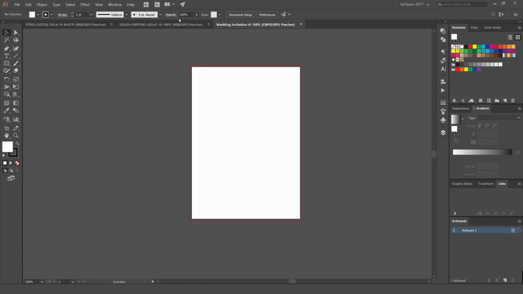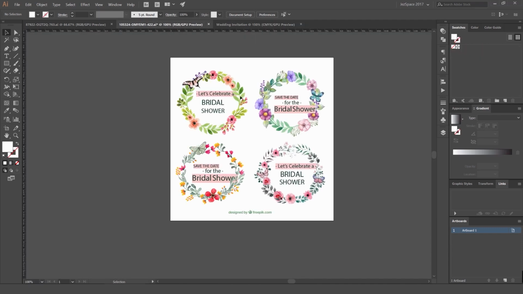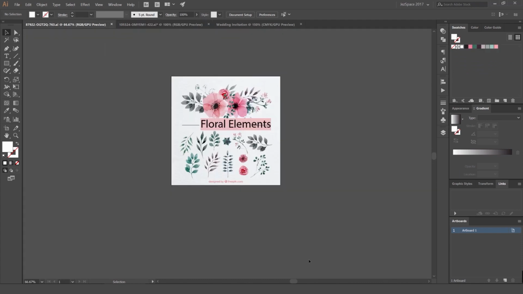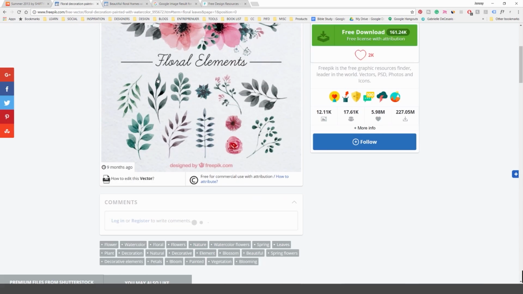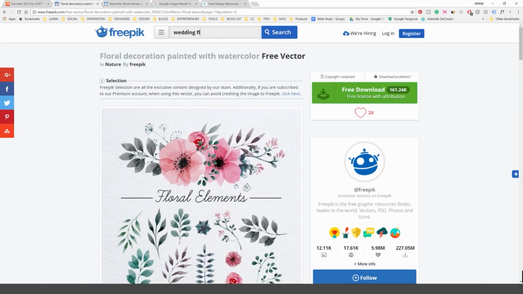And now I've downloaded some elements from Freepik. We've got this and this here. If you just go to Google and then go to Freepik, you can just type in wedding floral. You can see I've downloaded it here. So if you go wedding floral,